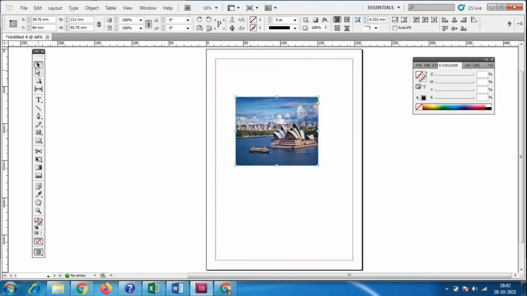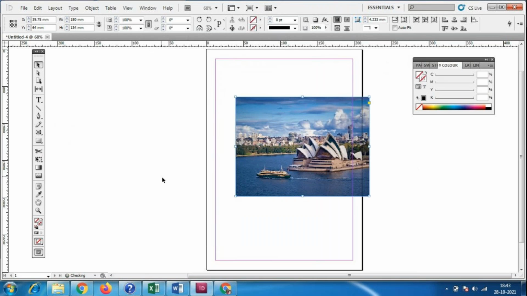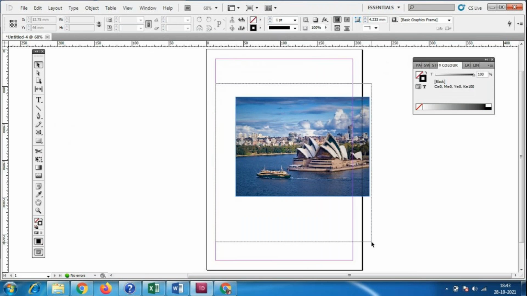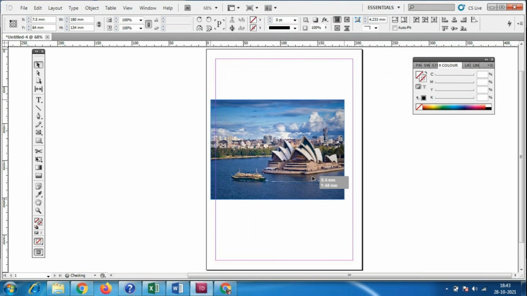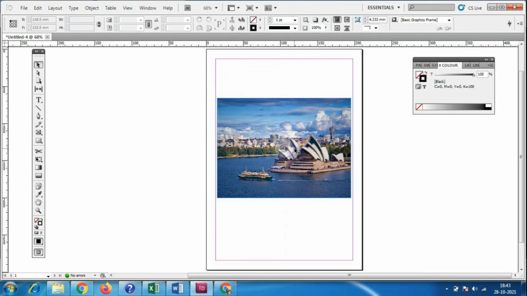Whatever the size we are taking, according to that, right click on this, fitting, fit content to the frame. Okay, in InDesign we don't have multiple options, only very simple options. Those options you have to study properly. So now there is an oval shape inside this.